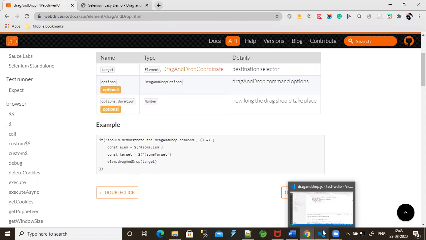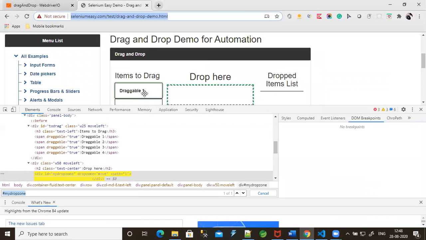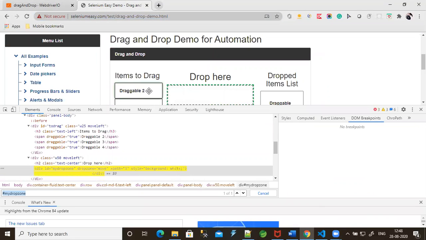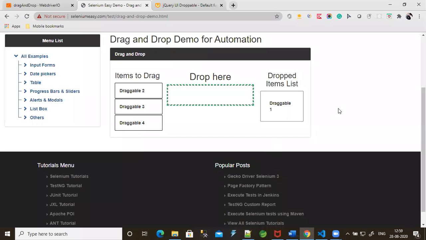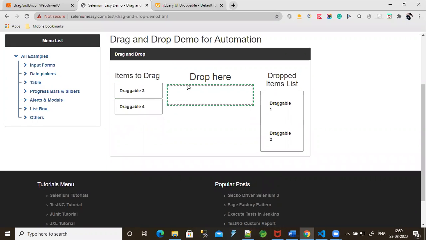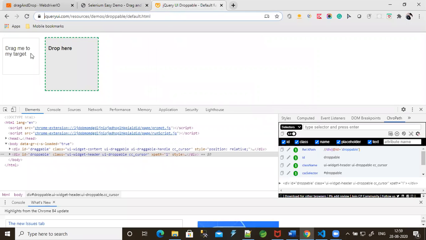I think this URL may have something wrong. Let me check whether we have any demo apart from this. I'm facing an issue while doing the drag and drop by automation. I have found one more simple website which might help. Let me try this.